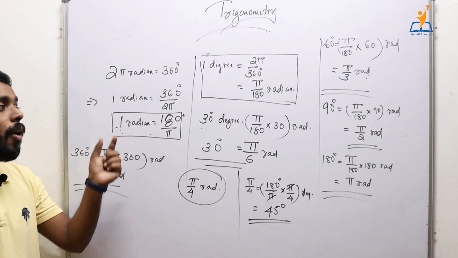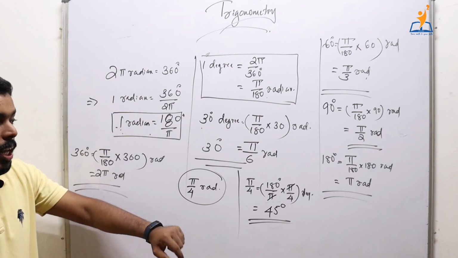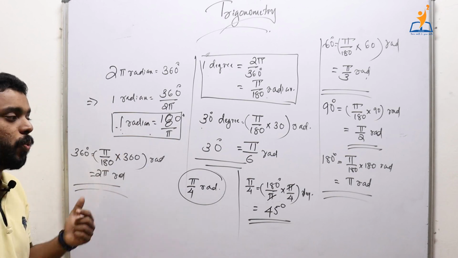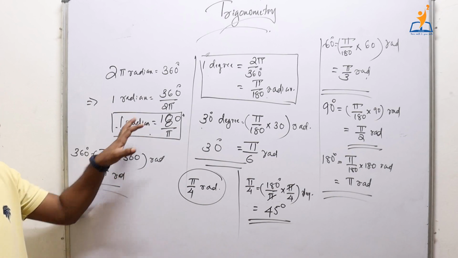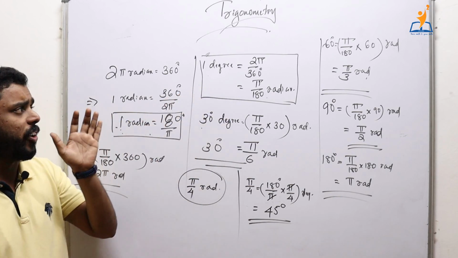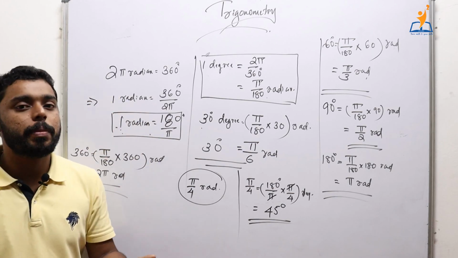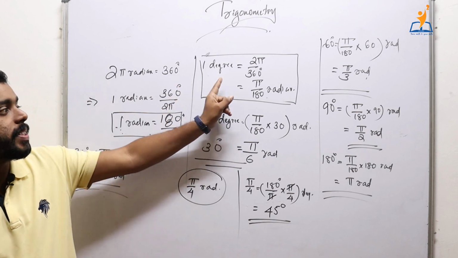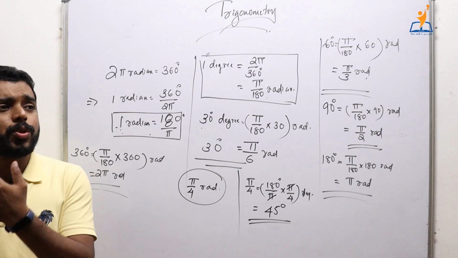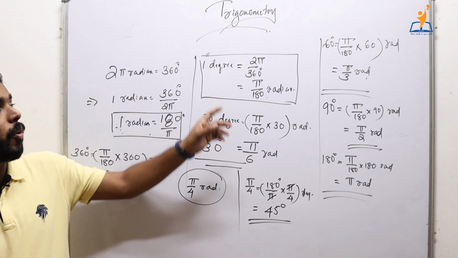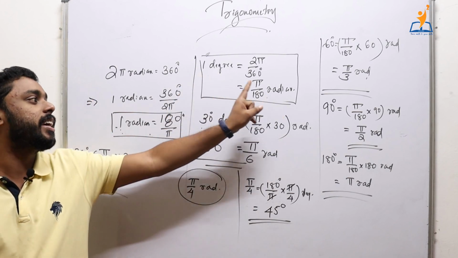What we have done here is we just found the degree measure corresponding to the radian measure, as well as the radian measure corresponding to the degree measure. Always remember these two relationships, very important relationships. Whenever you are asked to find the radian measure given a degree measure, use this relationship. Because we have 1 degree here, if you are given 25 degree, the corresponding radian measure can be found by multiplying both sides of the equation which connects 1 degree and radian.